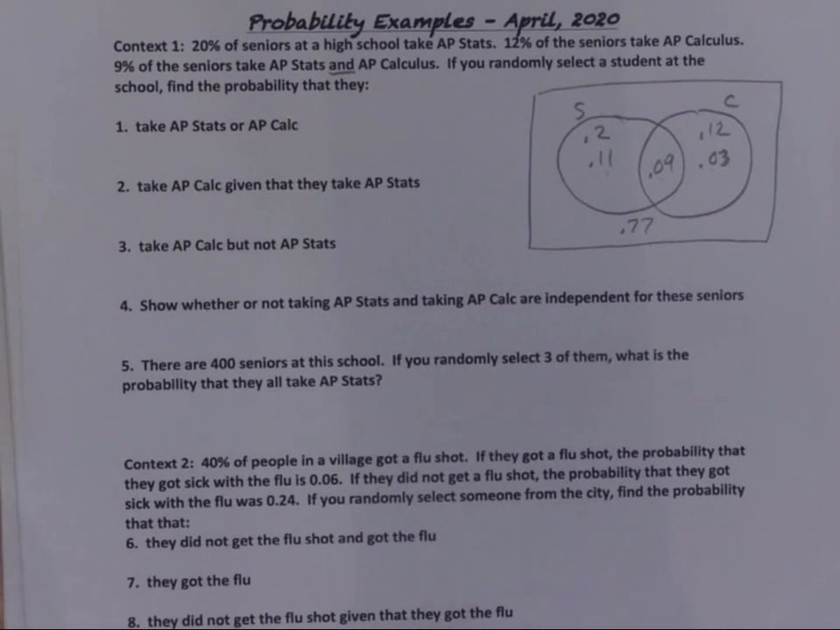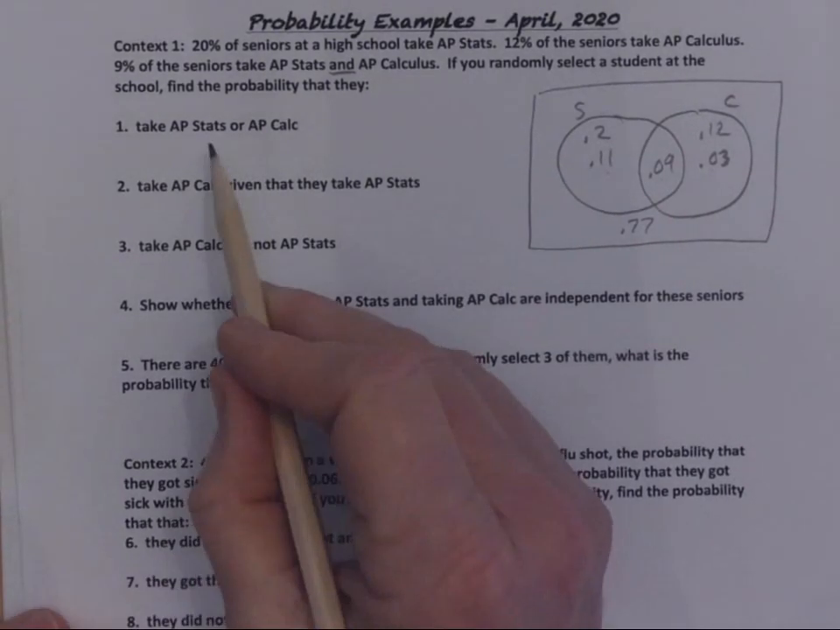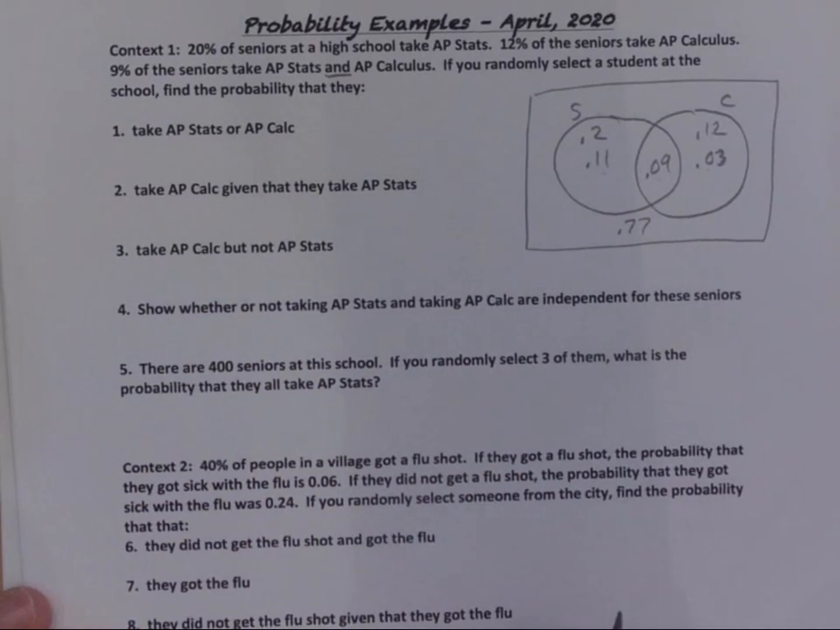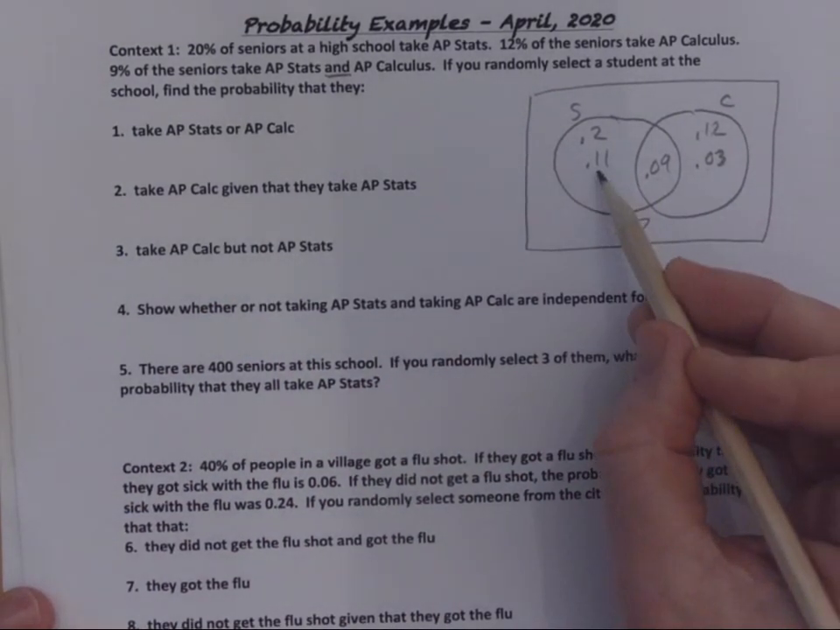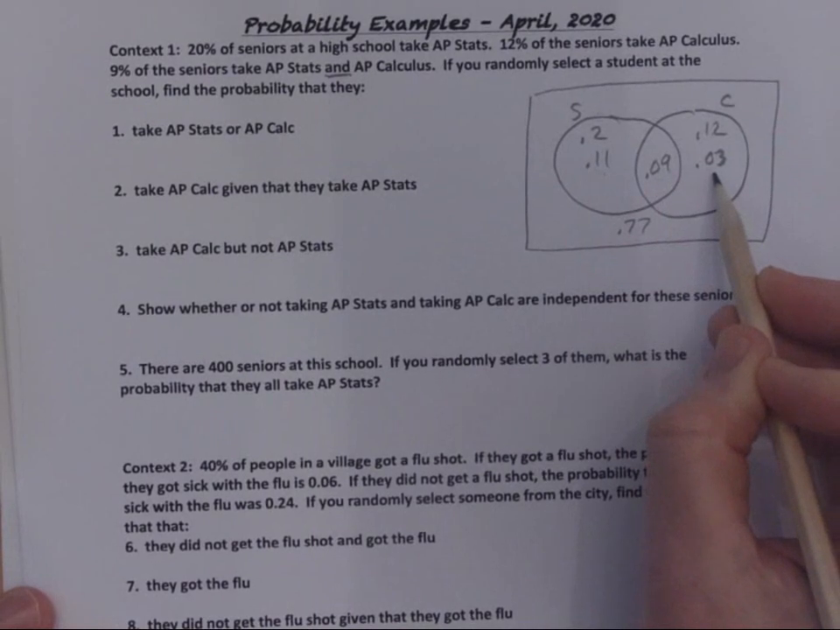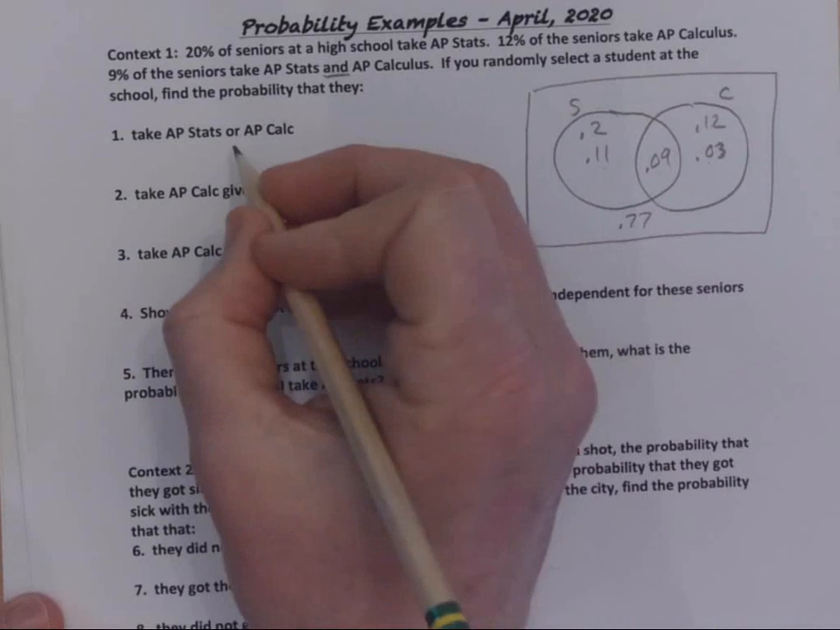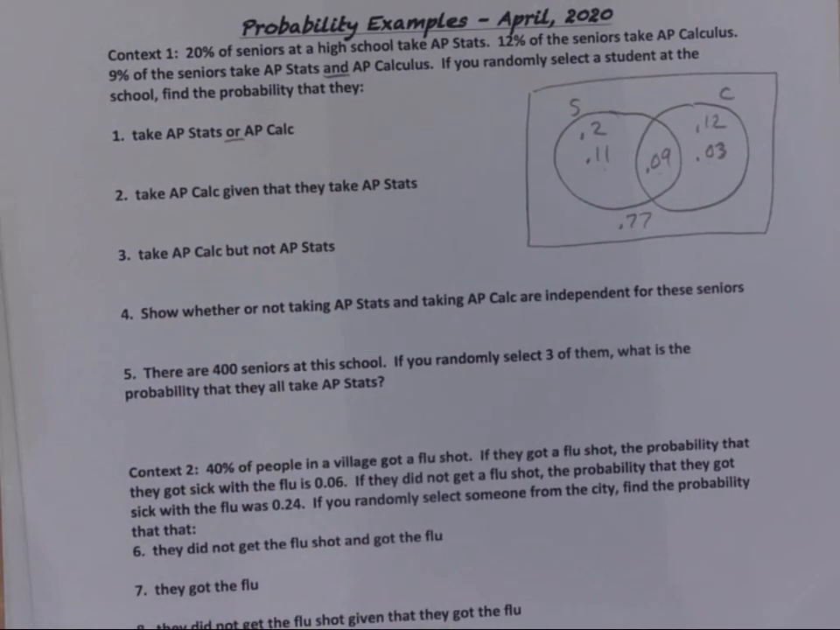And I want to use the formulas as well. So stats or AP Calculus, now that means stats or AP Calculus or both. In other words, you would add up these three numbers here, which would add up to 0.23. It's the area on the inside of this circle. But or means add. If you're using your formulas on your formula sheet, that is what we call the generalized